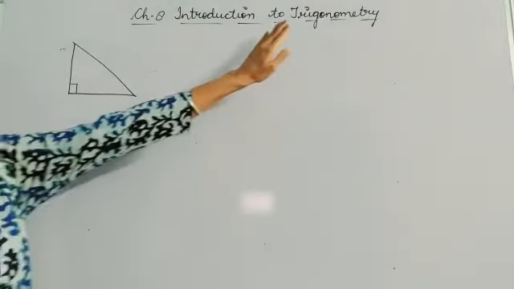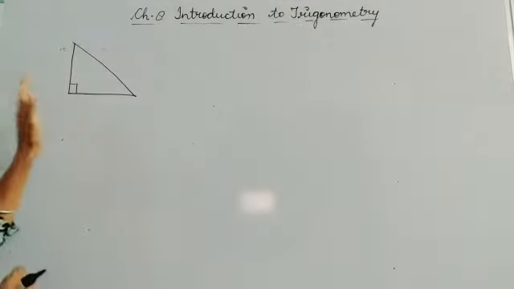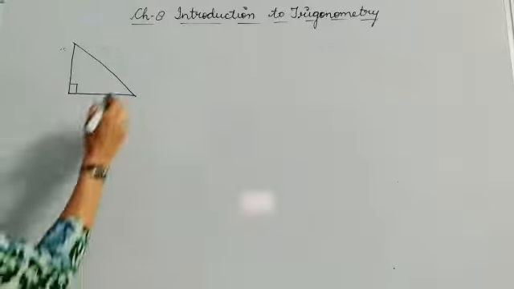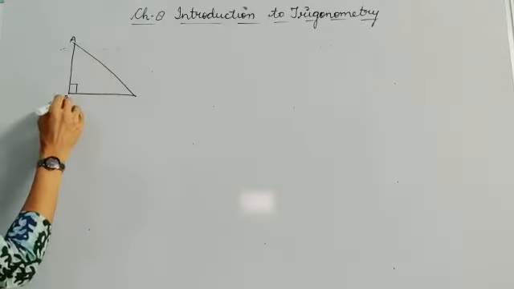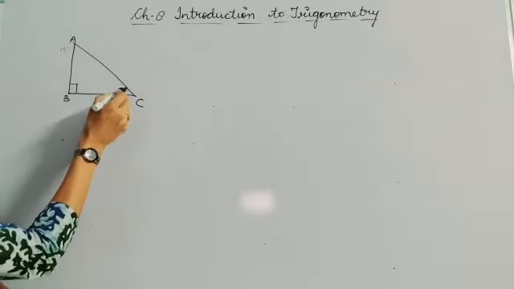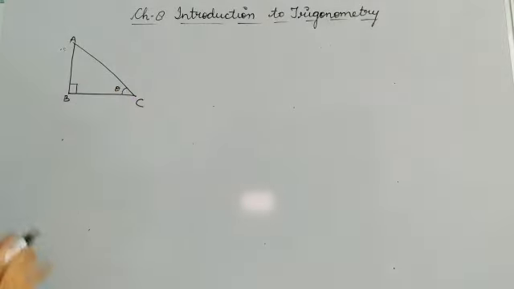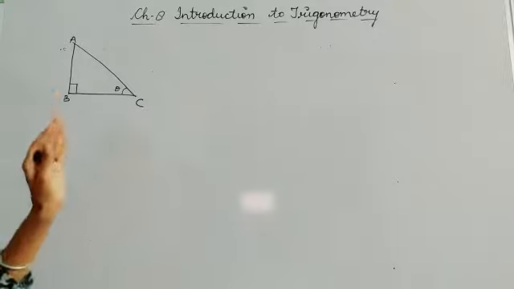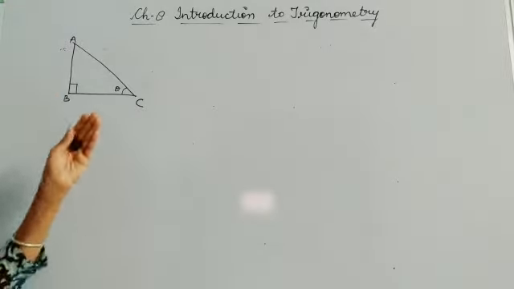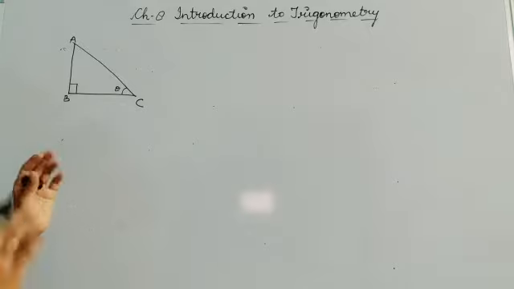But when we are taking the trigonometry chapter, we will also be dealing with an angle. So let's suppose this is my triangle ABC, which is right angled at B, and let's suppose theta is lying over here. Your angle is specified at vertex C. Then if I take the ratio of any two sides, it will be a trigonometric ratio.